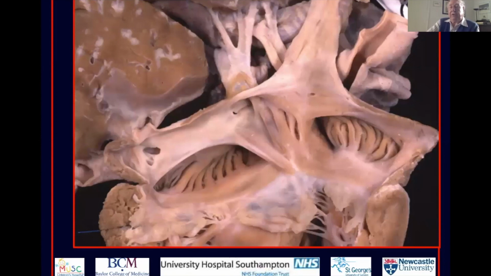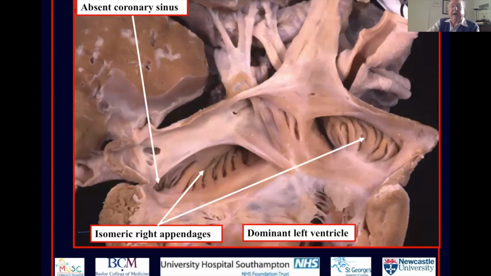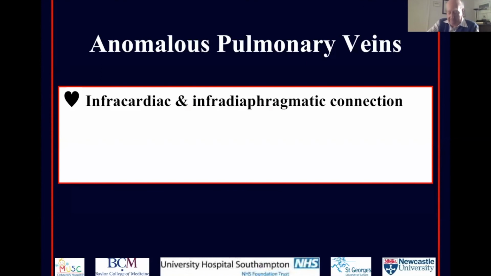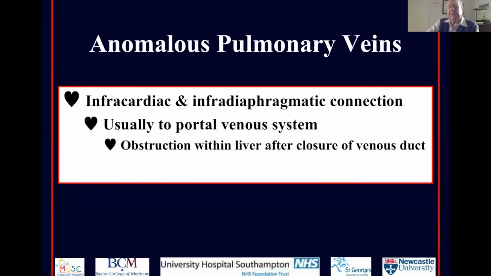But more usually in the setting of right isomerism, and here very nicely you see the isomeric right appendages, this time with double inlet to a dominant left ventricle, we have again absence of the coronary sinus, the anomalous veins now draining through a midline channel into the roof of the bilaterally symmetrical atrial appendages, draining themselves into the common atrial chamber. So finally, infradiaphragmatic and infracardiac connection, usually to the portal venous system, and there the key is obstruction